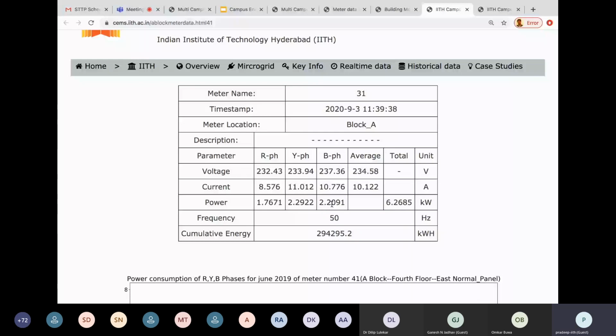Just as we speak, the data got updated. Now again 11 amperes and 10 amperes. I hope you also notice the change. This data is updating every minute, live data. Right now the unbalance is gone, a little bit less. Using collection of this data, you can tell. The problem with unbalance is that at certain times R phase will be overloaded, some other time Y phase will be overloaded, some other time B phase will be overloaded. So you don't know which phase is overloaded at which time. That is another problem. Using this kind of thing, you can address that.